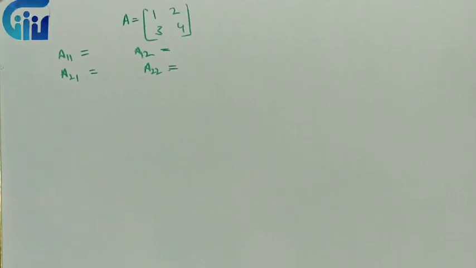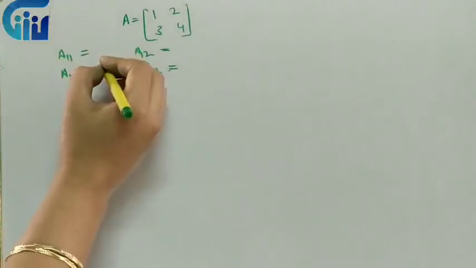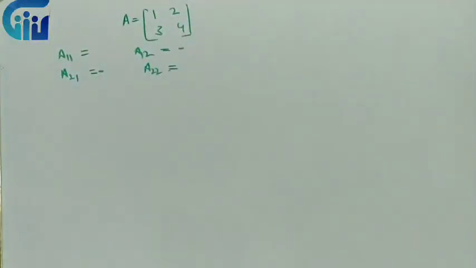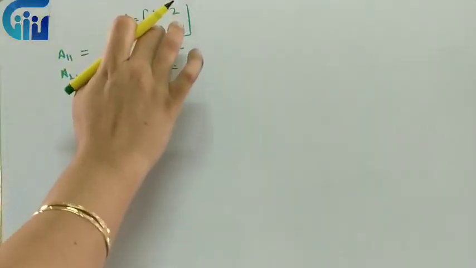What is adjoint? It is the transpose of the cofactor matrix. So what am I supposed to find? First of all, the cofactor matrix. Whenever you find cofactors, remember that you have to put the sign at the odd places. So wherever you have odd places, first of all put the minus sign over there. If you get the other term, then you can make it a plus sign. This will avoid error.